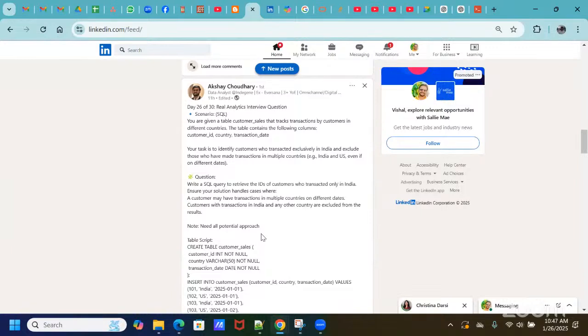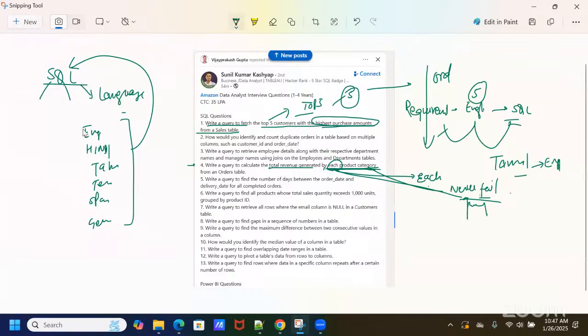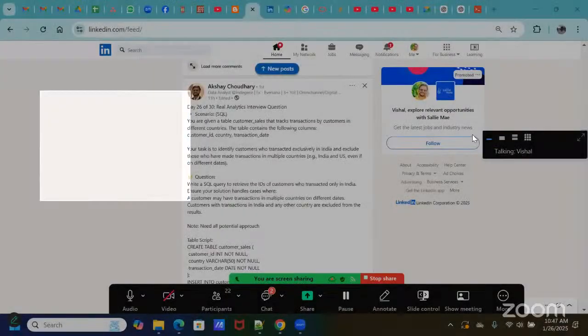Each and every question like this. Let me suppose I'm writing a query that contains a condition. For example, select sum of something, comma, suppose product category